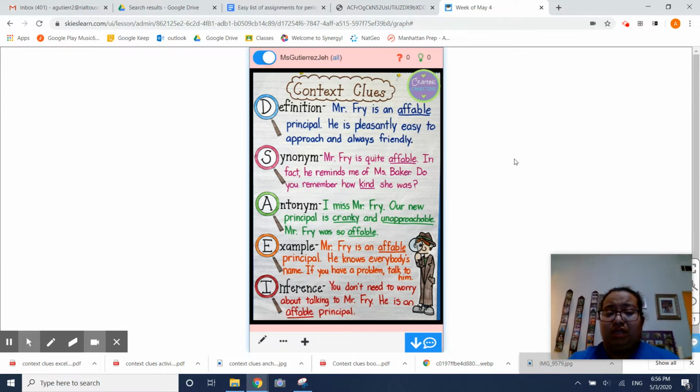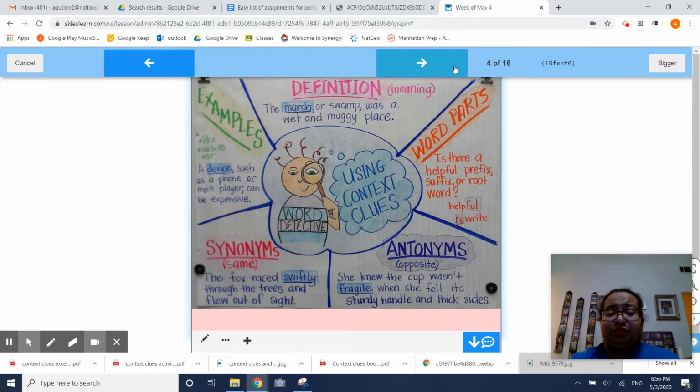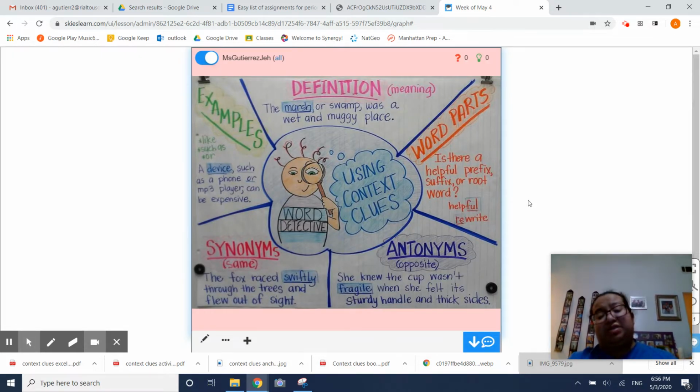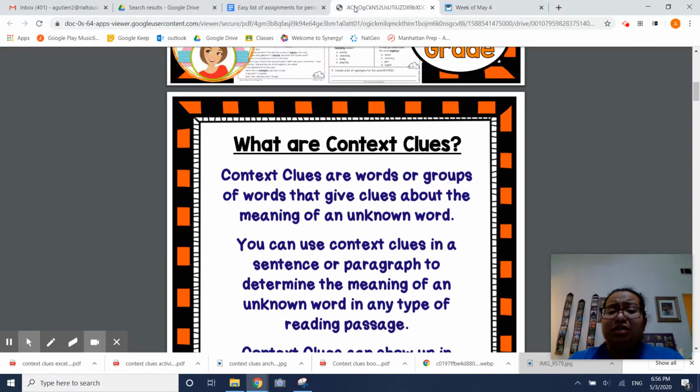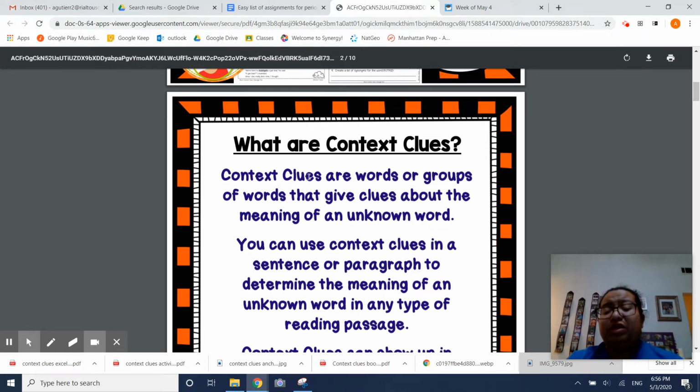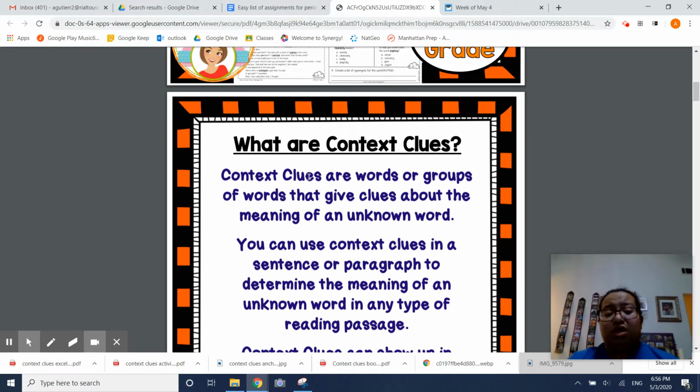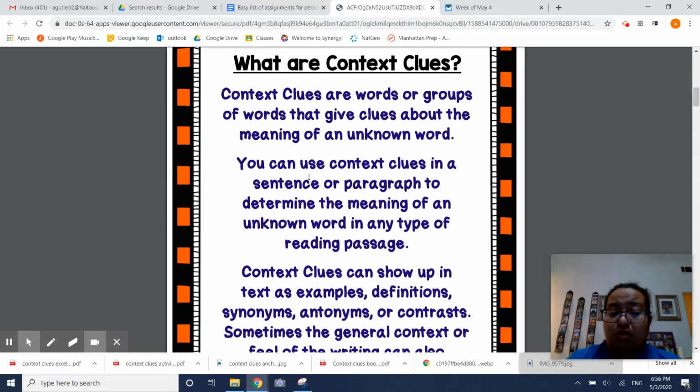I also have this second one, right, which we would have made in class if we were still meeting face to face. But let's talk about it. This is too fast and too much for you to look at one time. So let's go back and slowly. What are the different types? What different kinds of context clues can help me to figure out a tricky word or an unknown word?